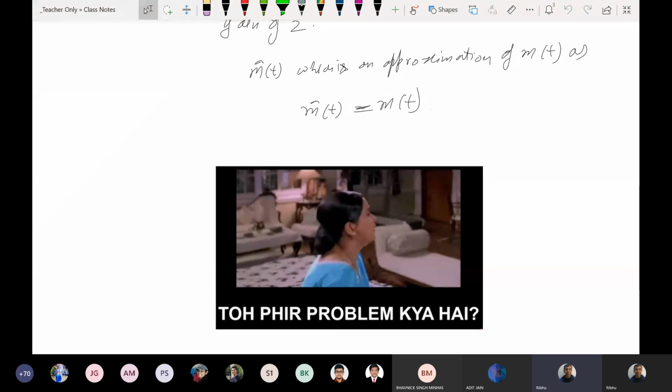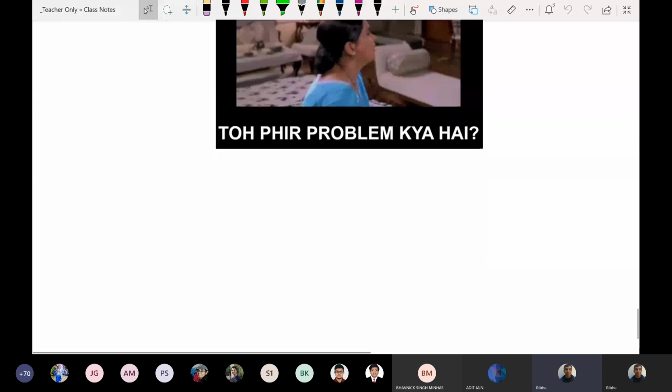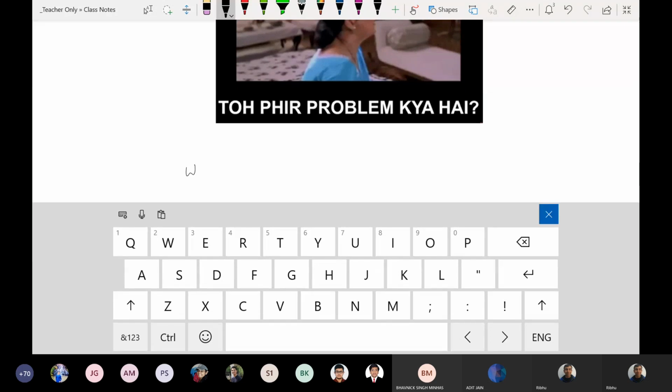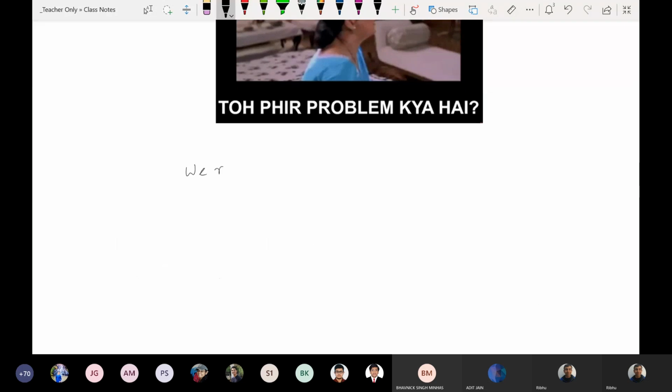The problem is that what you are multiplying with requires multiplication with cos 2πfct at the transmitter